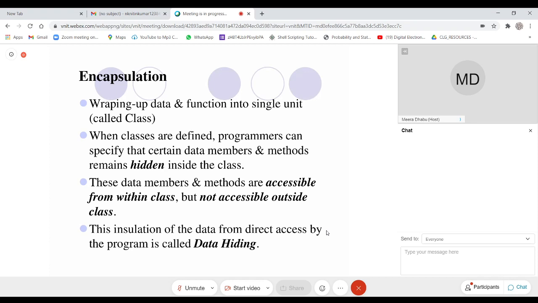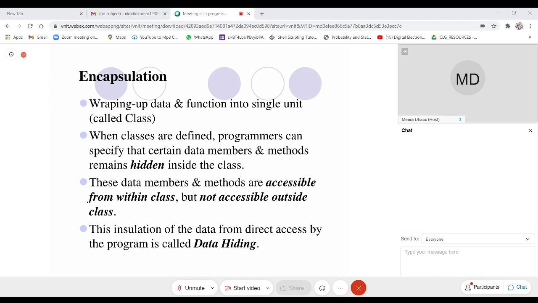If you remember, I started with our requirement that we want some kind of framework in which we define the data, and we also want to define methods, which can be provided as a single unit, and that unit is called class.